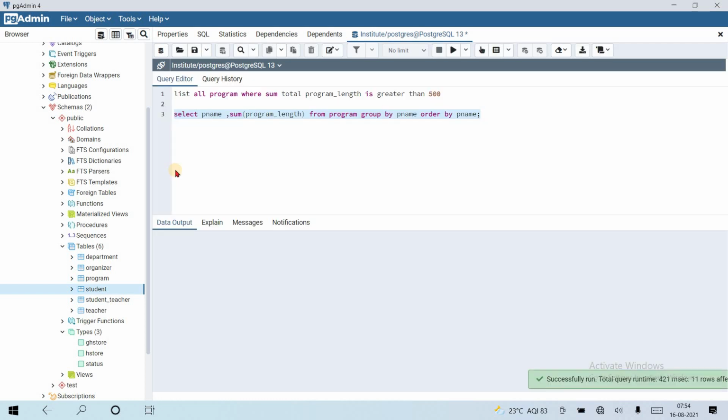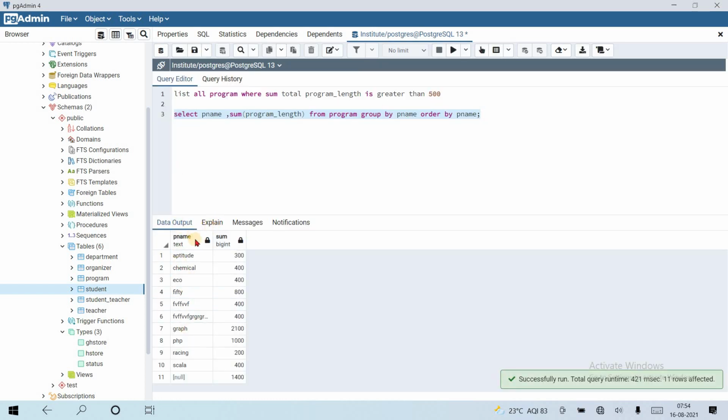Now it runs. Okay, the program name is associated with the sum of program length. Each program length sum is associated with each program name.